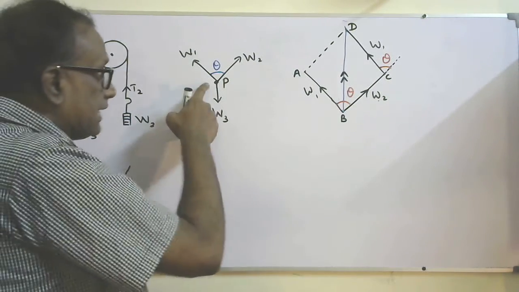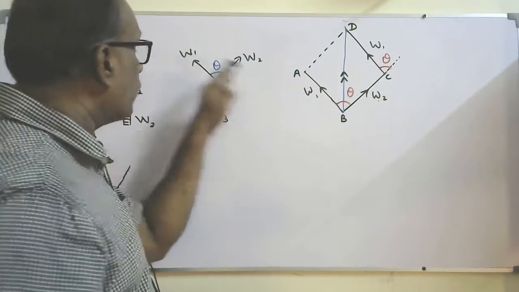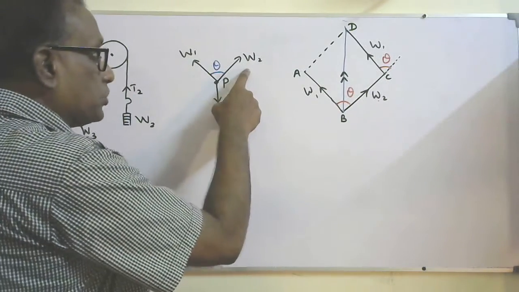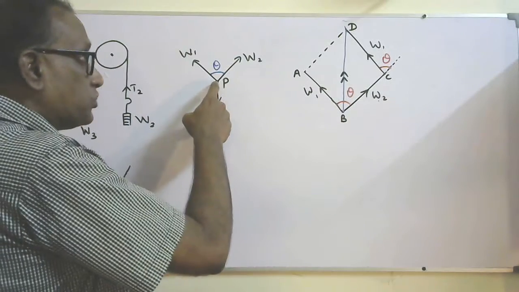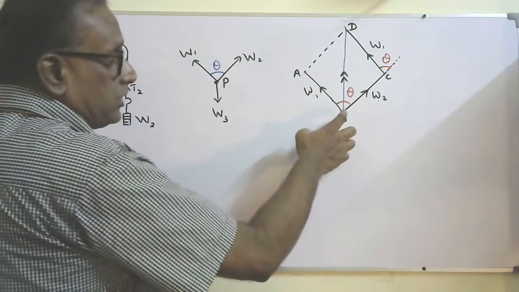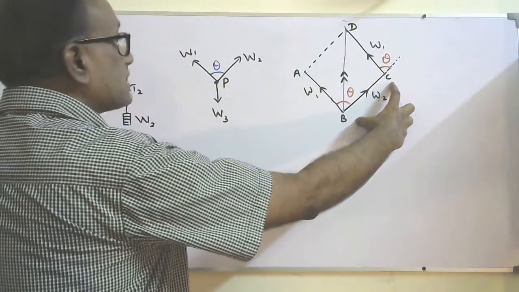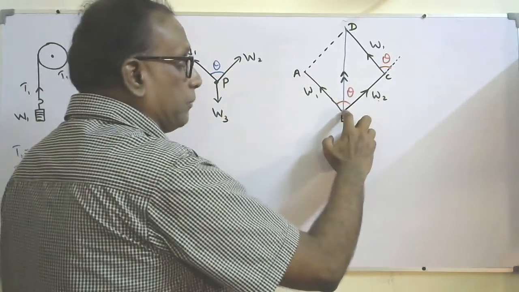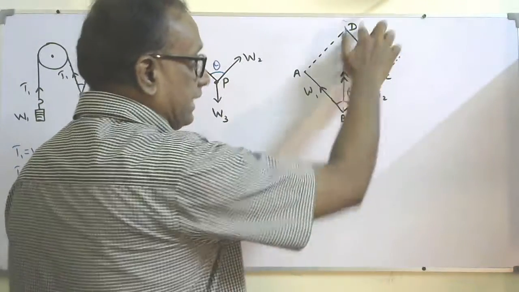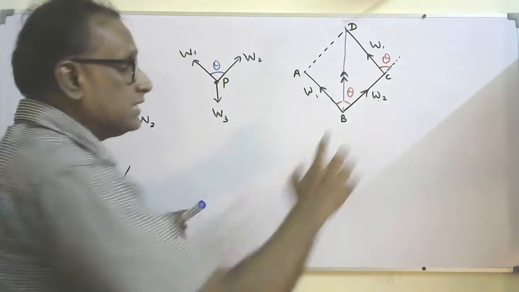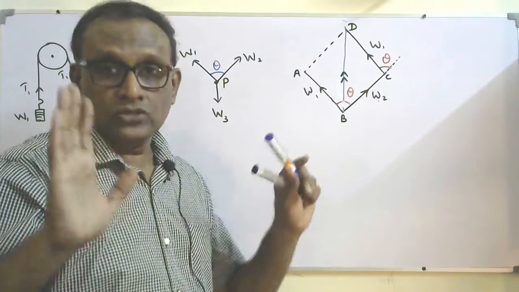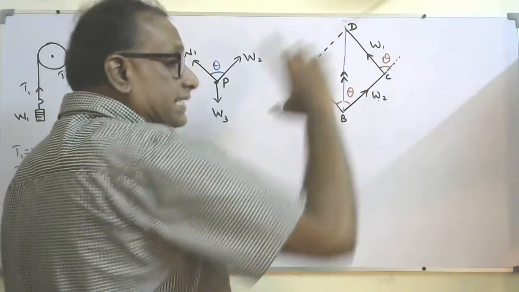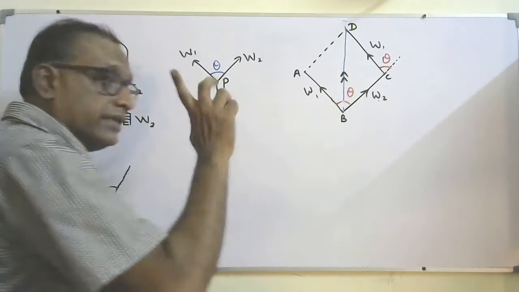Now you know that since P is at rest, the resultant of W1 and W2 must be equal to W3, and it should act vertically upwards. Here you drew this line that indicates W2, and this line that indicates W1. If you complete the vector triangle BCD, this line indicates the resultant of W2 and W1 according to the vector addition rule. Measure this length, and you will see the length BD is equal to W3.